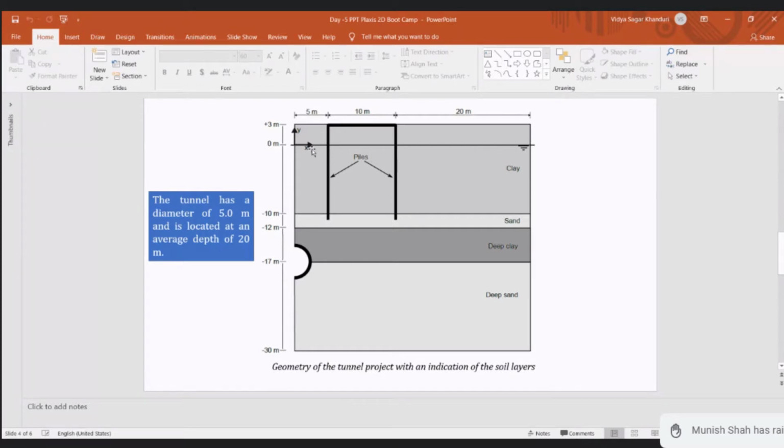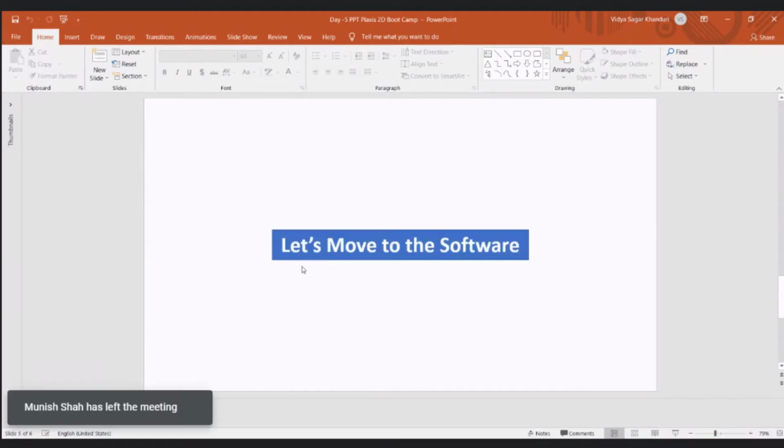We have also inserted 2 piles in this position, and we'll check the deformation in this tunnel and the different outputs we can get at this tunnel, right?